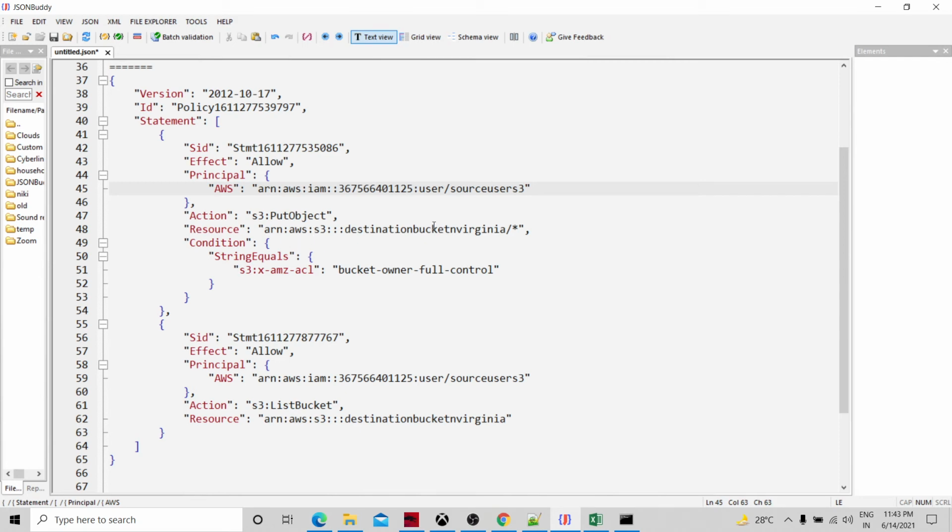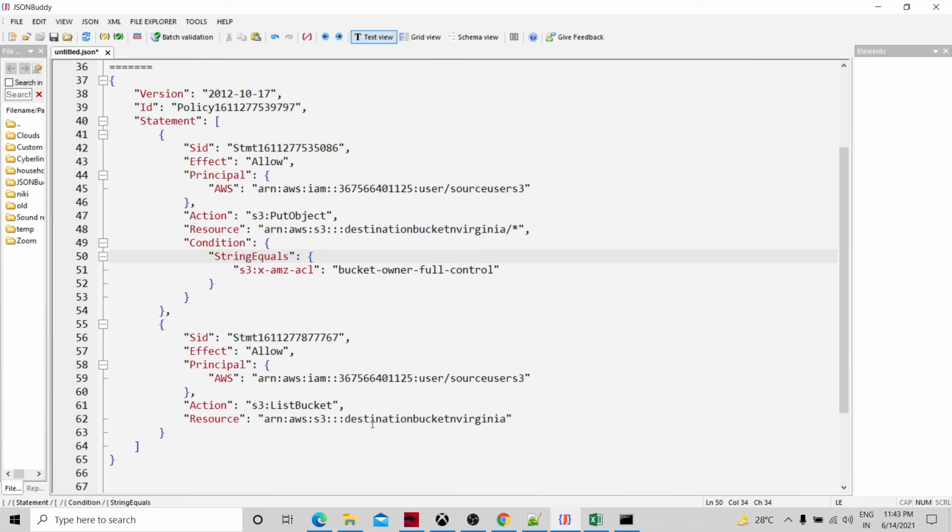Put object in the destination Virginia bucket. And for the access control list, ownership is going to be bucket owner full control, going from the source user to the target user. The second statement allows the same principal user list object, put object, and list object as well.